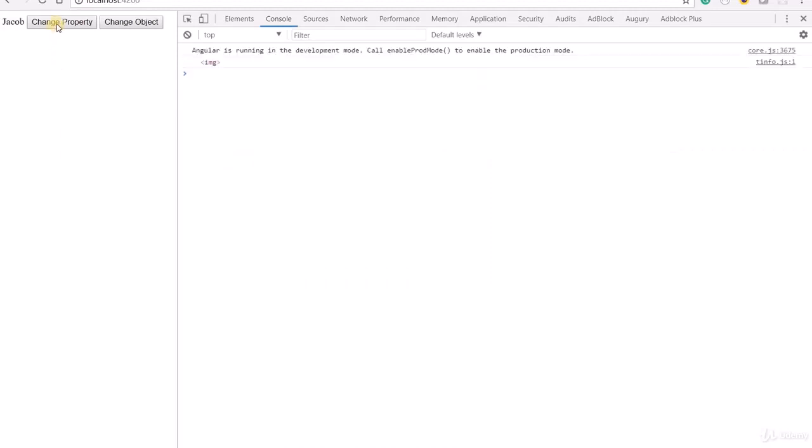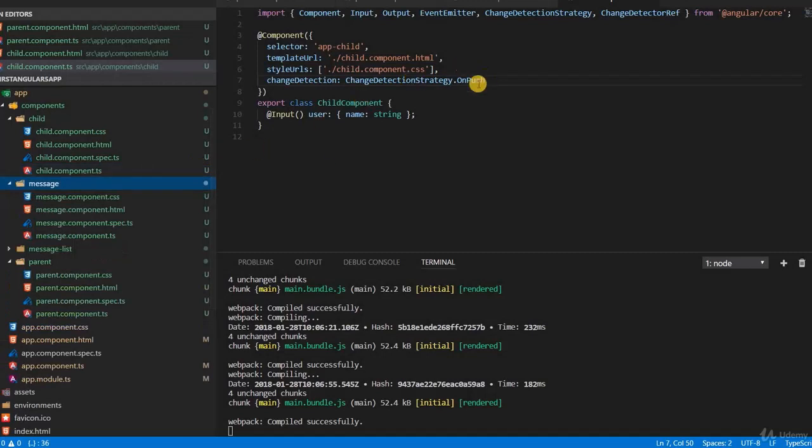Now if I click on the change property button, nothing is happening to the name here. But if I click on change object, it changed from Jacob to Tom. Setting it to on push generally saves you a lot of time, and it generally improves the performance of your application. So it is advisable that whenever we are trying to tune up the speed and performance of our application, we should definitely check this out